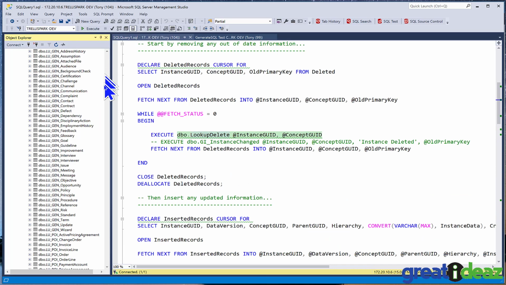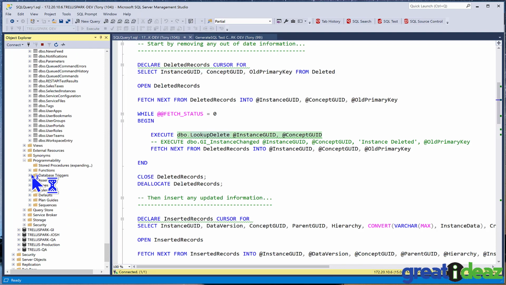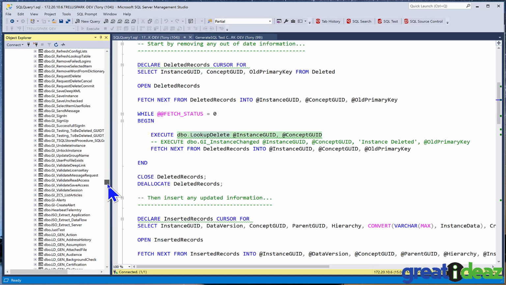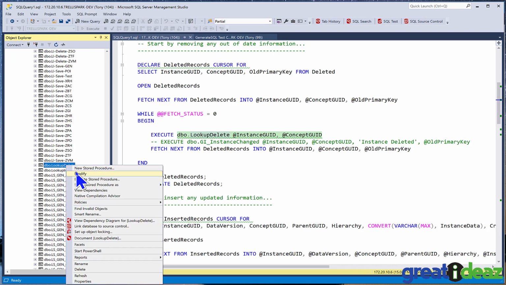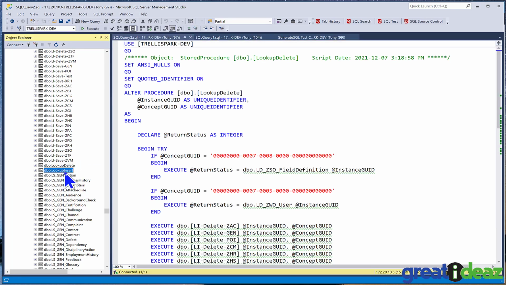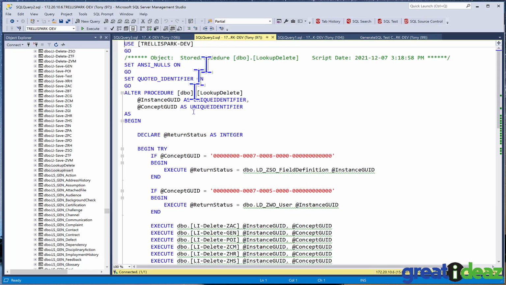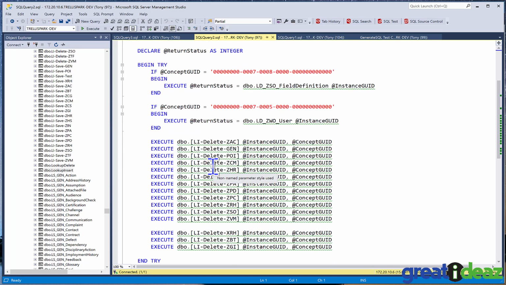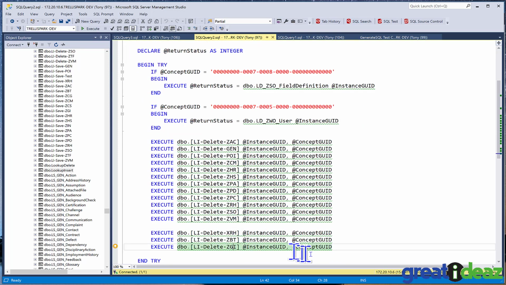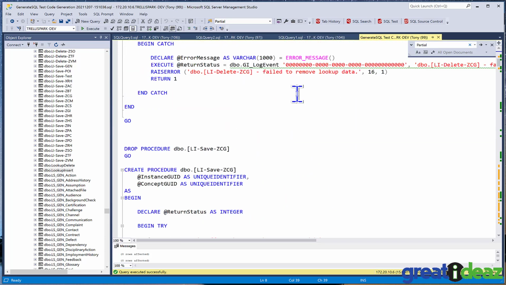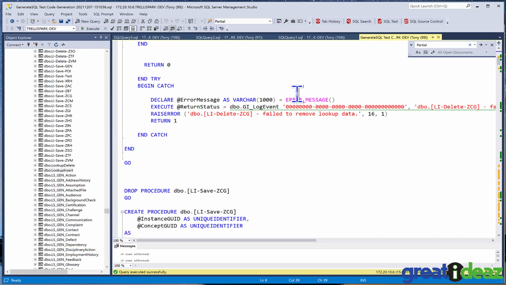So if we go to these stored procedures, let's pull up the lookup delete and lookup insert. This is taken from our current dev environment, so there are a whole bunch of things in here that you're not going to need to worry about. But essentially, we execute the lookup delete, and we want to link in the new lookup delete functionality we've introduced in our code here. If we have a look here, you'll find that there is a lookup delete and a lookup insert